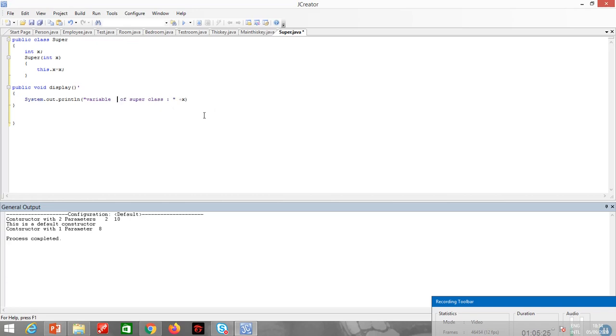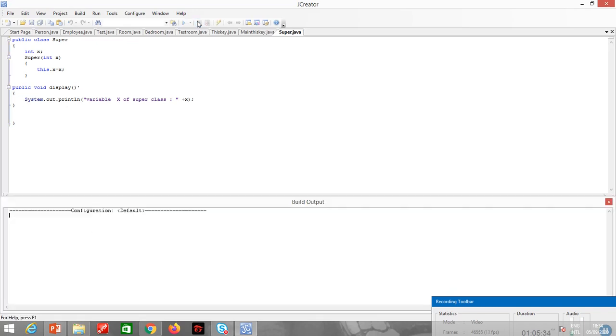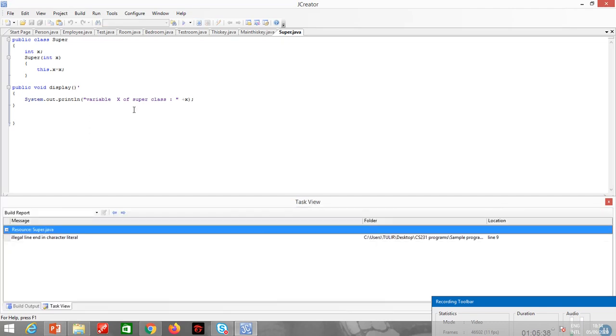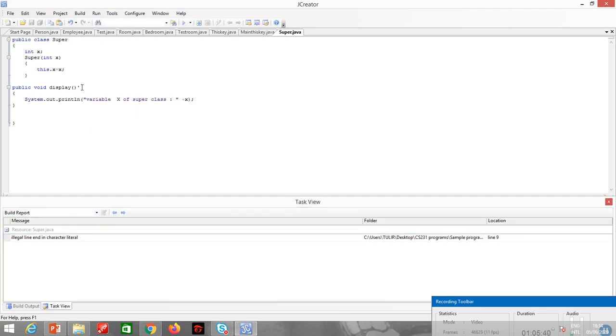Variable x of superclass, to make it clearer. Let me just compile it. Okay, I have an error here.